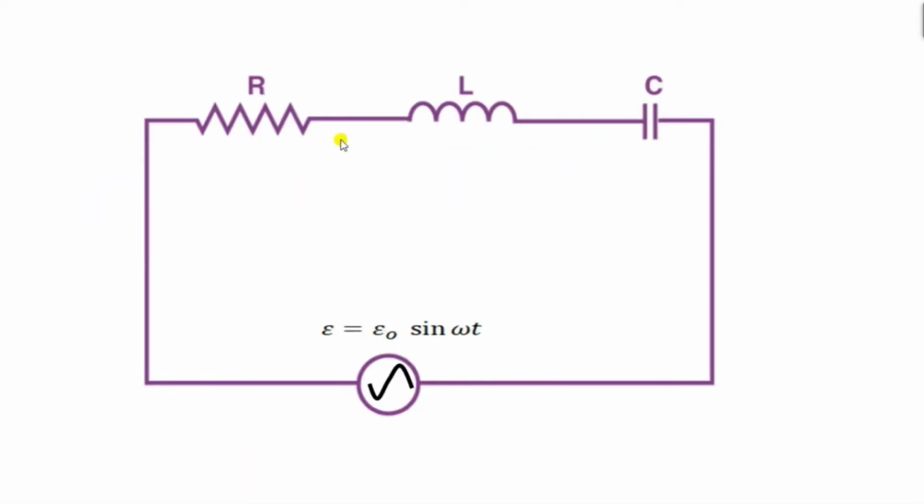So this is an LCR circuit in which we have connected a resistor, inductor and capacitor in series, and we are giving the alternating voltage E equal to E naught sin omega t, and let VR be the voltage across R. I am writing VR as a vector because we have to make the phasor diagram afterwards, so it will make our diagram easy. And VL is the potential difference across the inductor and VC is the voltage across the capacitor.